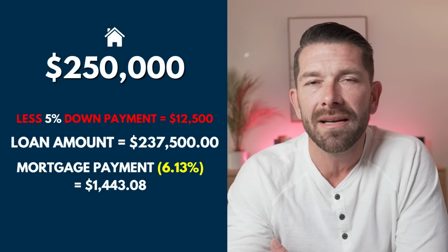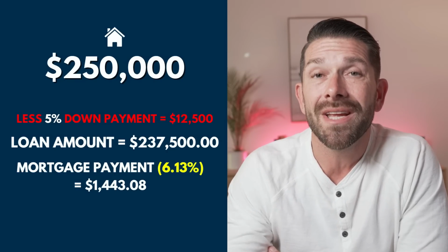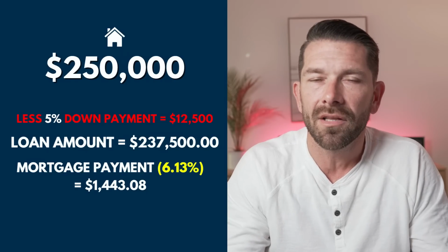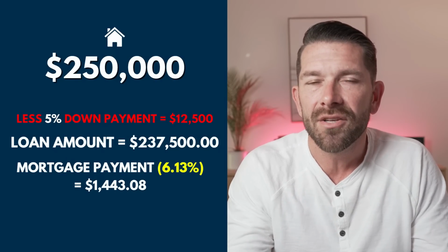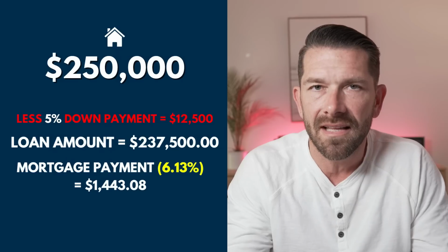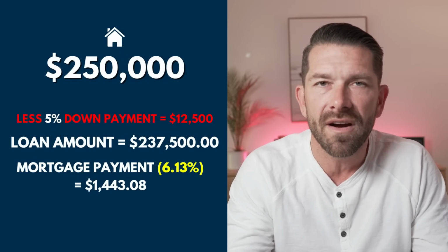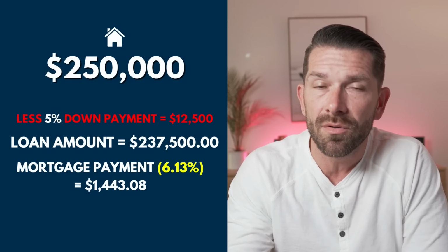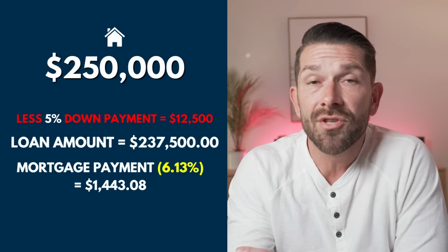Now, if we run the same exact scenario, putting 5% down, so you're putting a little bit more money down, 2% in this case, which ends up being $5,000 more with regards to your down payment. All of the calculations are more or less the same, but the interest rate is slightly less at 6 1/8%, so 6.125%, and the mortgage insurance is actually going to be a little bit less at 0.0026%, which in this case, your mortgage payment is